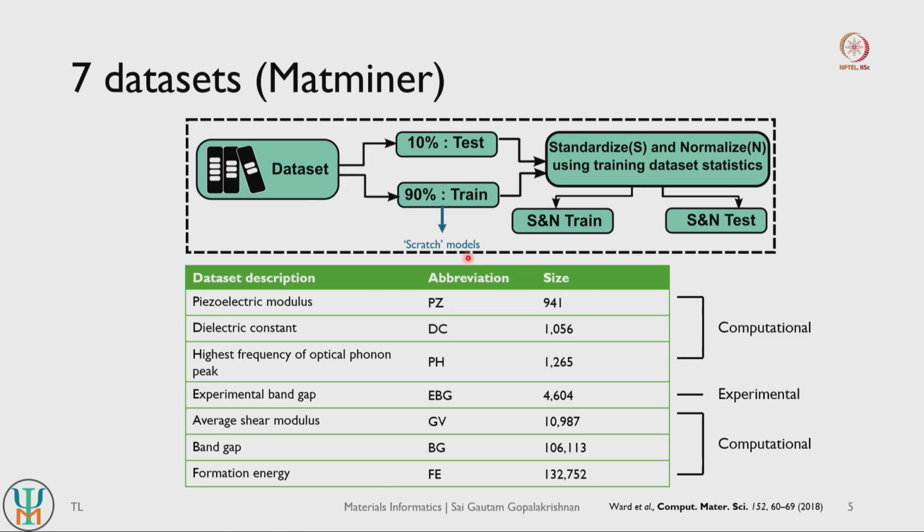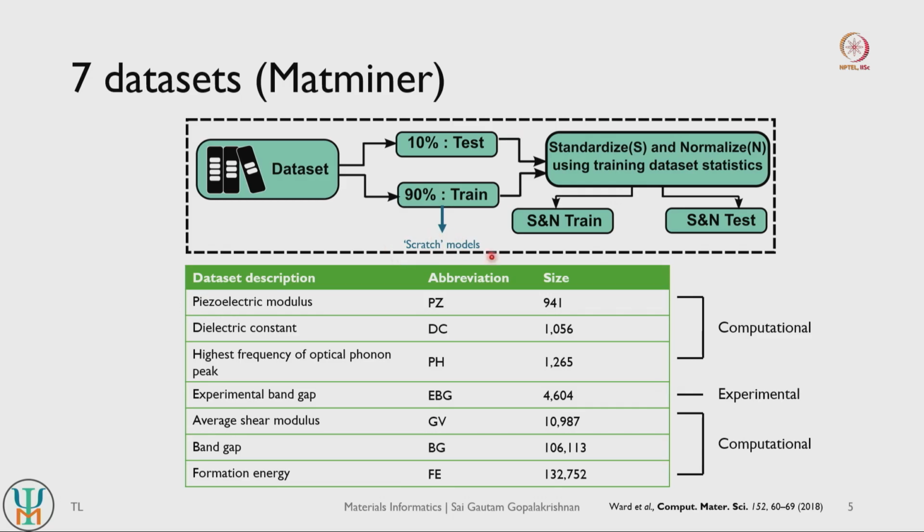In transfer learning you would do pre-training first and then fine tuning later, but you can take the same architecture and train directly on the target data set, the fine tuning data set, from scratch, without doing any kind of pre-training. These models are referred to as scratch models. The scratch models basically represent an apples to apples comparison: if you didn't do any pre-training, how well do your models perform on your target data set versus if you did some pre-training, do you see any improvements in performance?